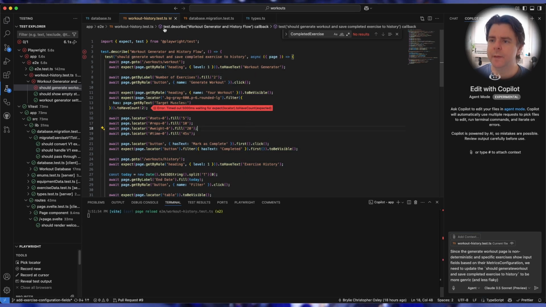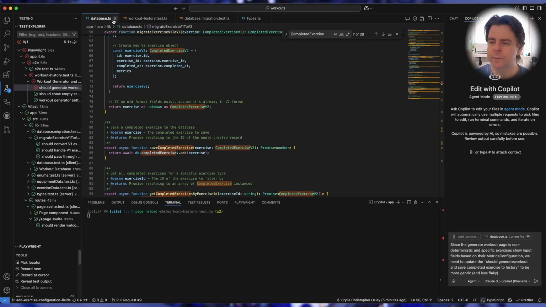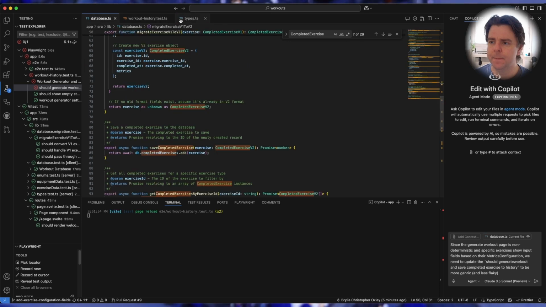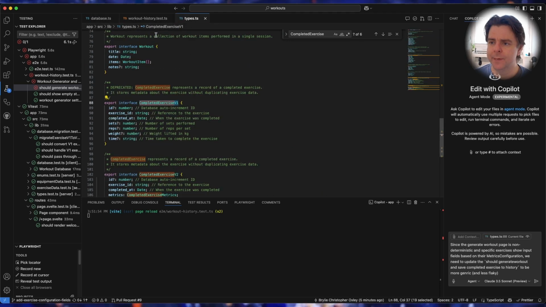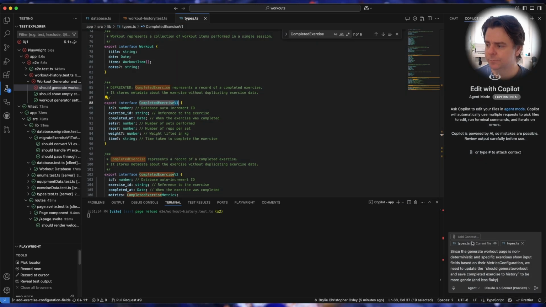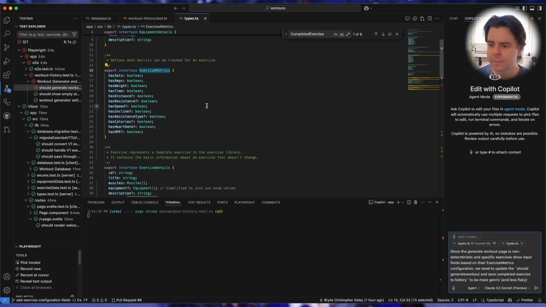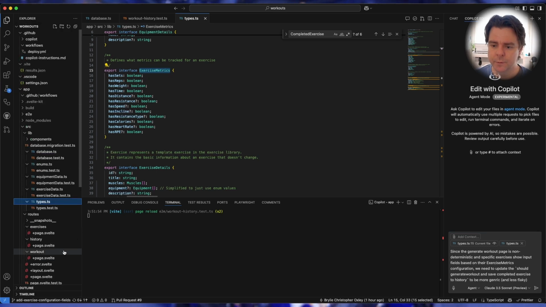So let's save that, and we will then need to pass in these types again. And the field, since it's sort of an end-to-end test,